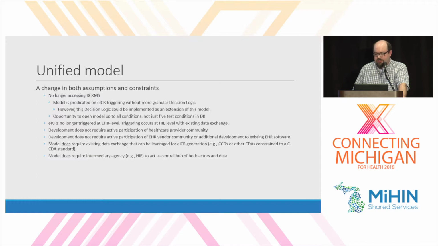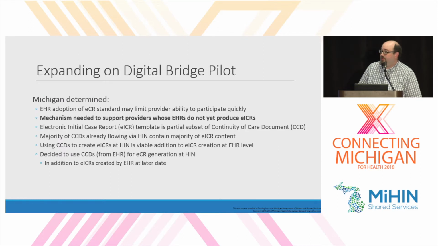One of the things this model does require, though, is that the HIE hub act as a transactional scanner and have a set of trigger codes that can be updated and refreshed as needed. We do tend to change our reportable conditions about once a year. There's a few added, a few dropped off. So that's something we need to be able to edit and move out and have a central repository for.